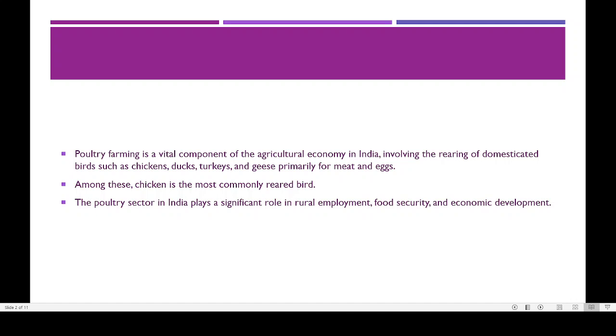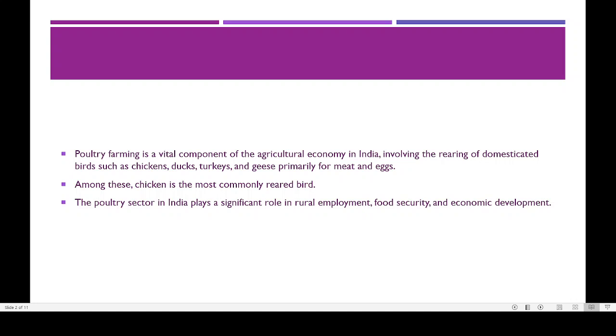And in such a background, practices like poultry farming, duck farming, quail farming, and cattle rearing are all playing a very important role, involving rearing of domestic birds such as chicken, duck, turkey, geese, etc. So these are the different types of birds that farmers are rearing either for laying eggs or for getting meat like chicken meat. So chicken is the most commonly reared. Reared means a ground bird.